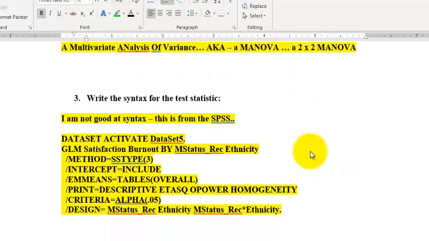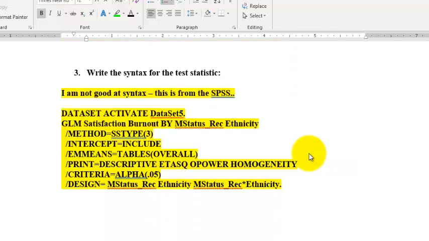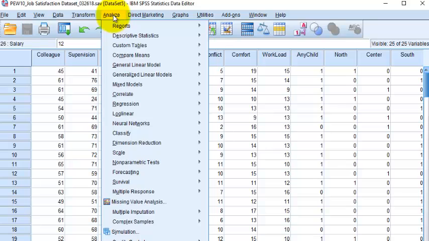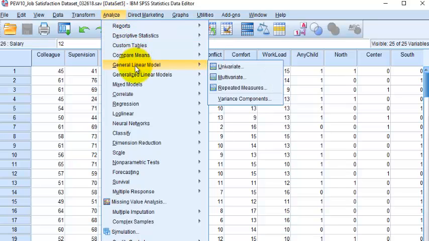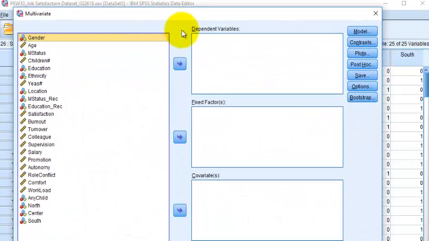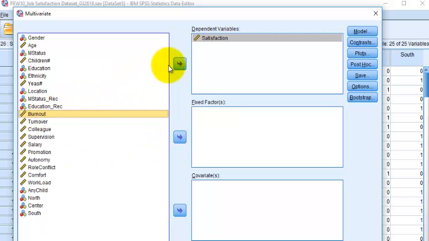So number 3, the syntax. I'm not any good with syntax, so let me show you how I came up with this. Over to my SPSS. So analyze, general linear model, multivariate. And our DVs are satisfaction, burnout.